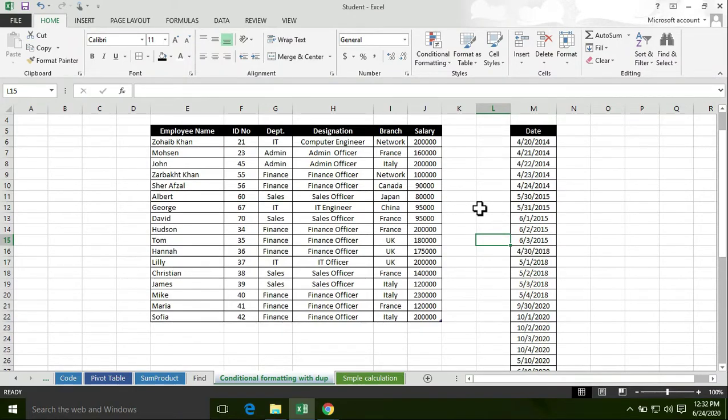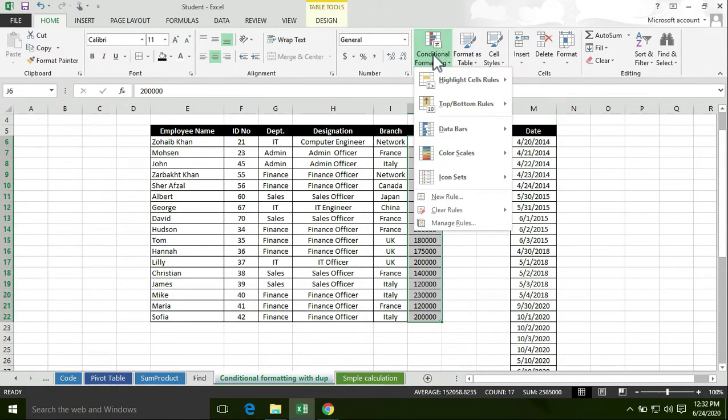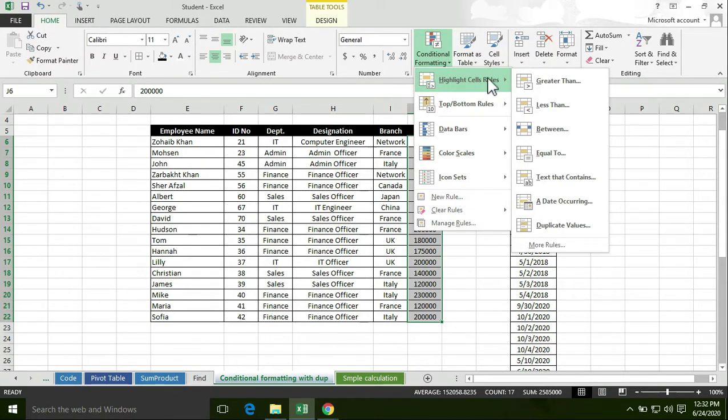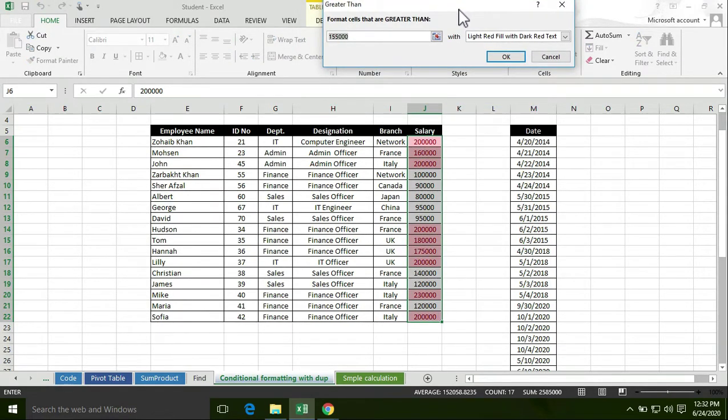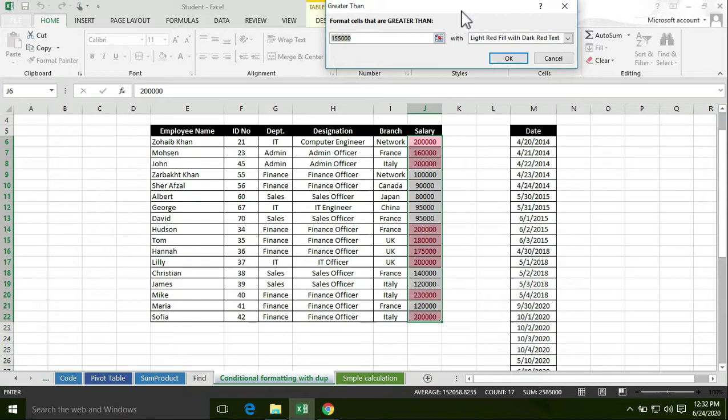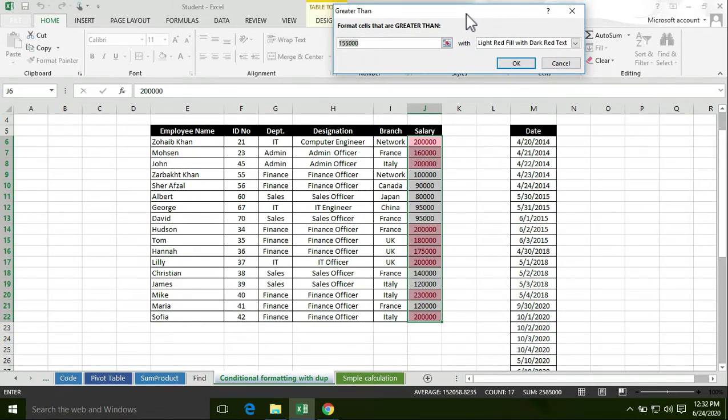I want to find out which employee has a greater salary. First select this whole range of cells, then click on conditional formatting under the Home tab, then select highlight cell rules, then select greater than. Now it's up to you what value you want to point out as a greater value. For example, I want to point out 2 lakh.